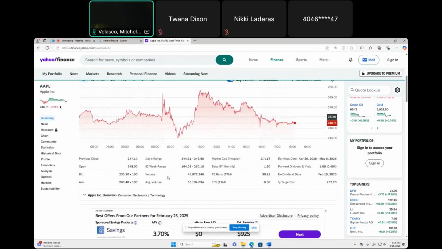How do we tell it's liquid? The number you want to look for is volume. See how the average volume is? So usually